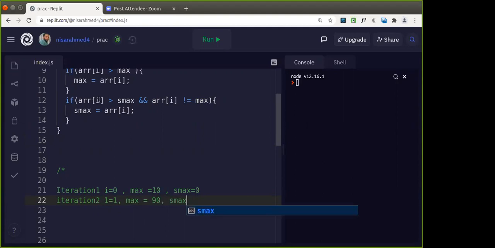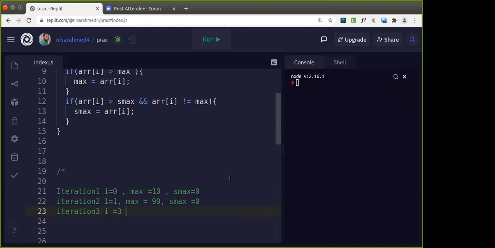Fine. And second max, let's come to this condition here. Array of i is 90. 90 greater than second max, the condition is true. And array of i 90 not equal to max, the condition is false. So second max will not change here. It will be as it is. So in the next iteration, when the i value is 2,